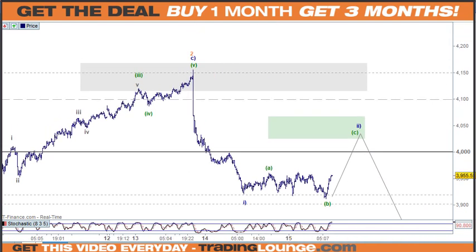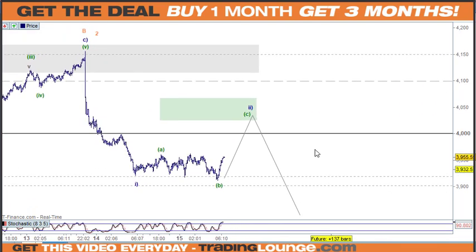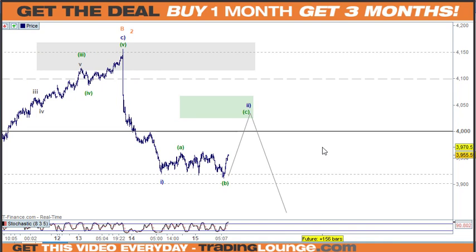So we can have this top up here as a wave 2 or wave B. So the wave 2 is the alternative count, so I'm just going to shift that to the side. And like I said, it doesn't really matter at this point in time because we just want to be short here. And in both cases, sometimes when we've got two counts in the opposite direction, but in this case we've got two counts that are in the same direction. So that's, well, it's nice.